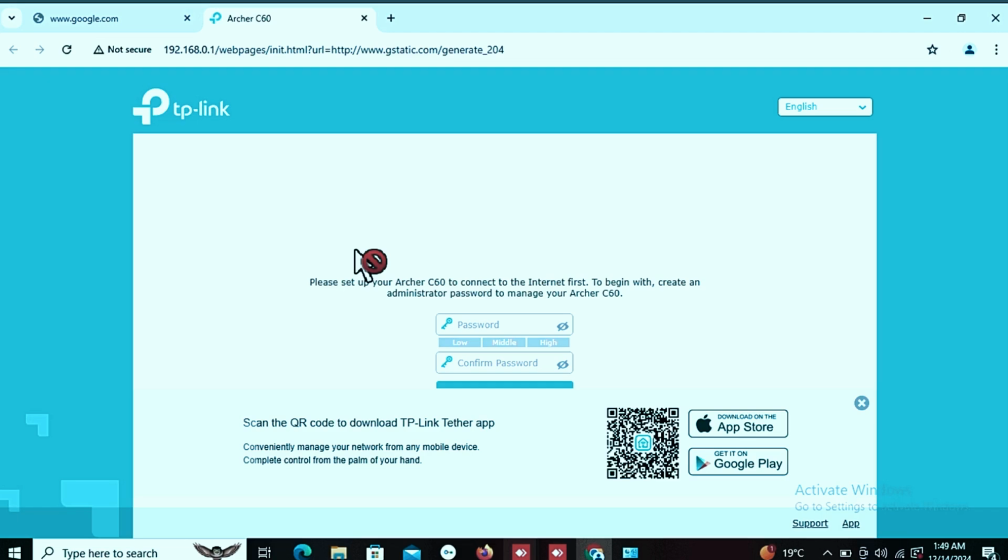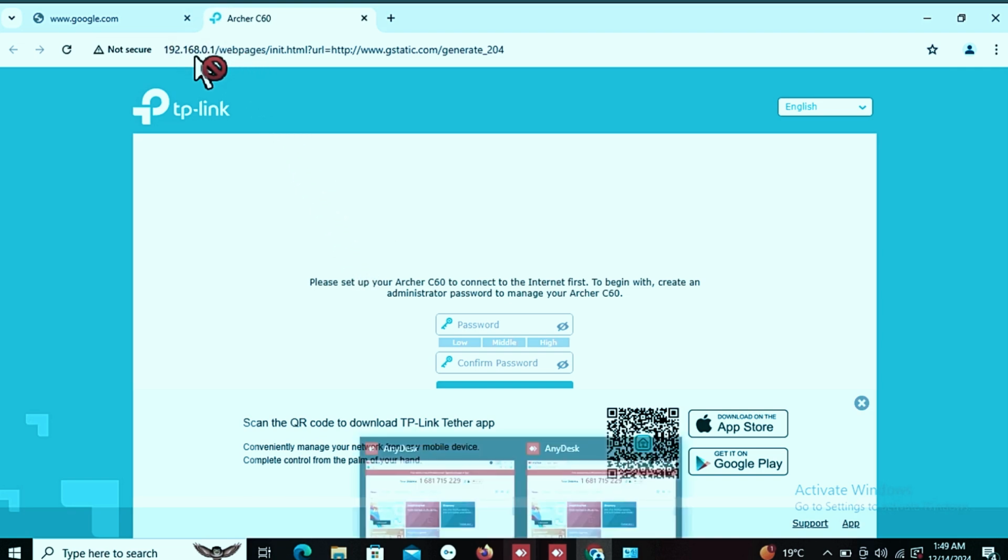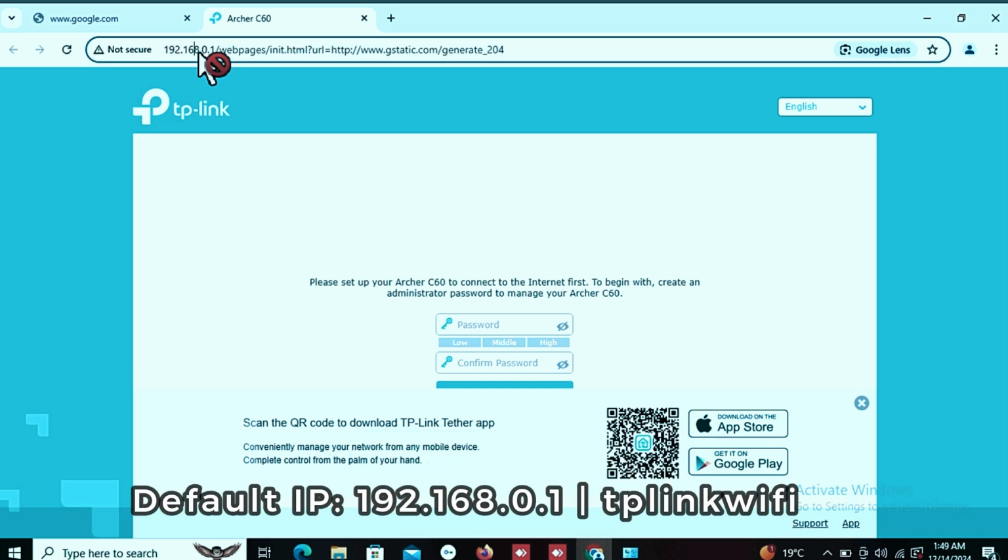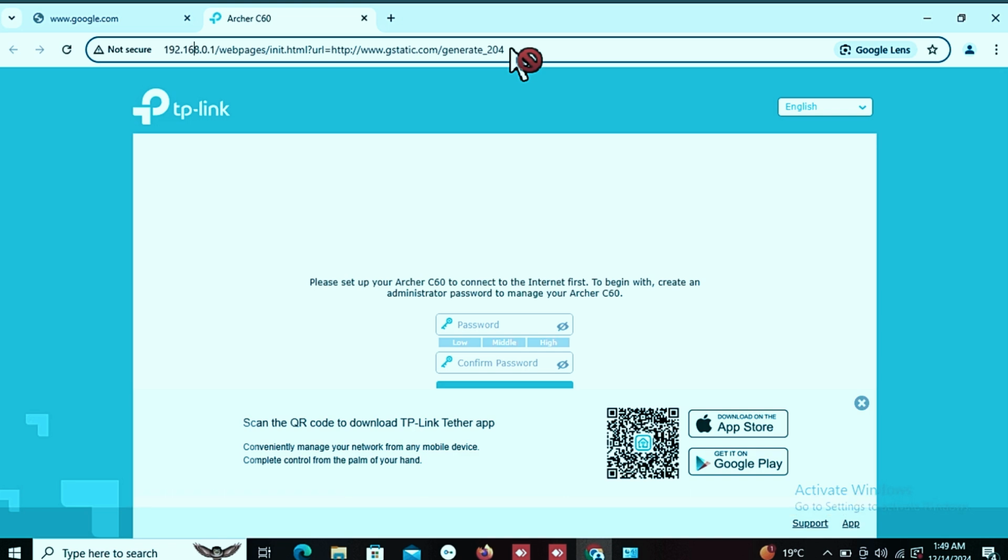First of all, you just log in to your TP-Link C60 Wi-Fi router using the default IP, which is 192.168.0.1 or tplinkwifi.net. Let's see. Here you can see the default IP. Just type it in any browser